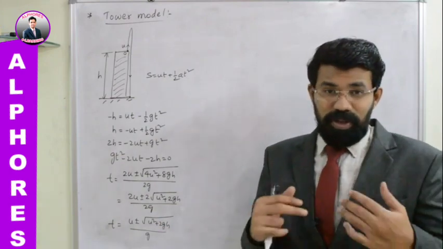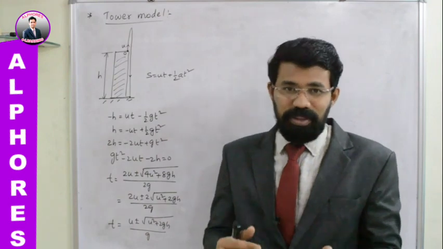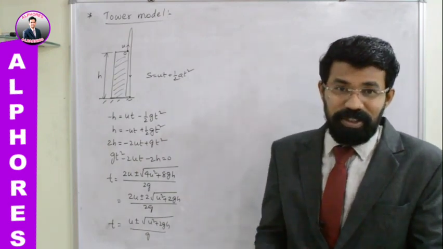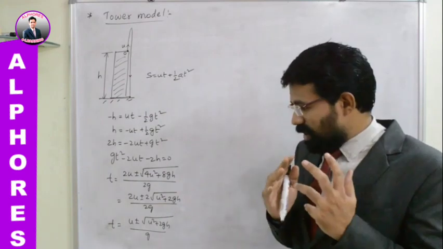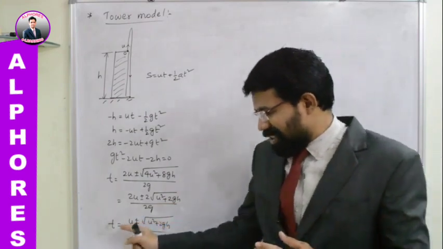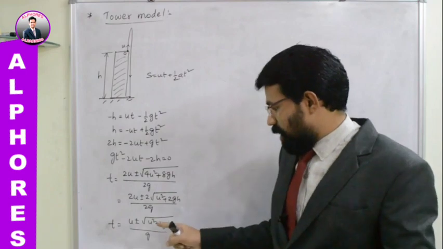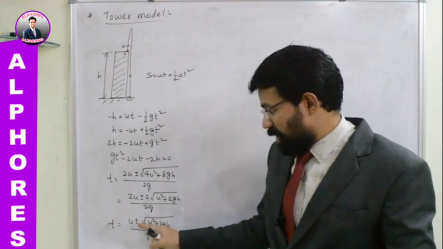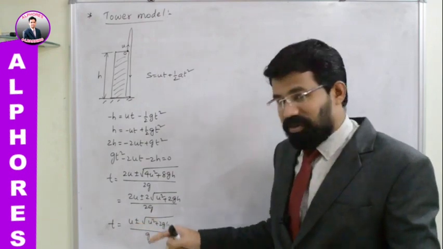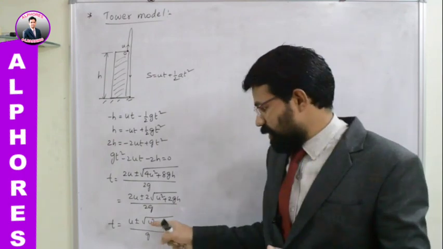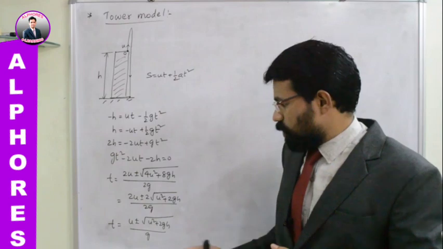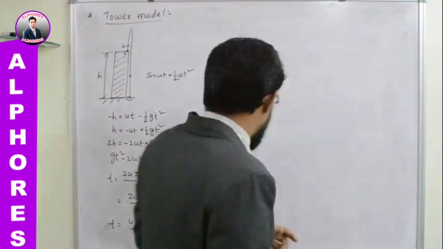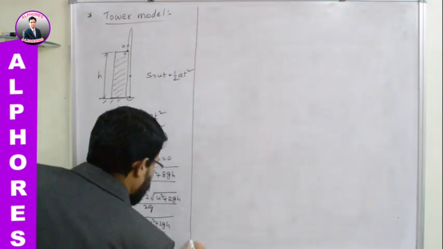Okay. If at all you wanted to consider that negative sign, there is a different explanation and a physical significance can be identified, but for the time being, let us understand this part like this. Since time cannot be negative, I am going to ignore this negative sign. If I consider it, u minus the larger value will be negative finally. So I am going to consider plus, so that time will be positive. So let me do that.